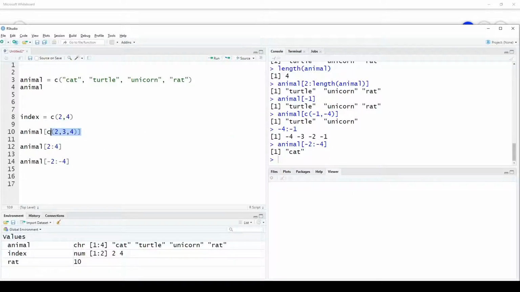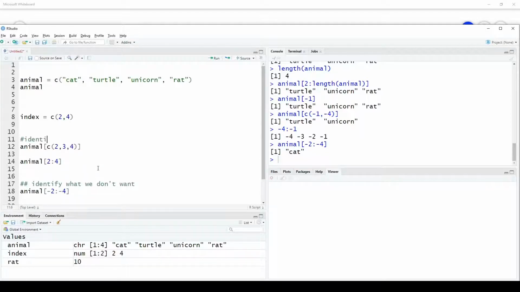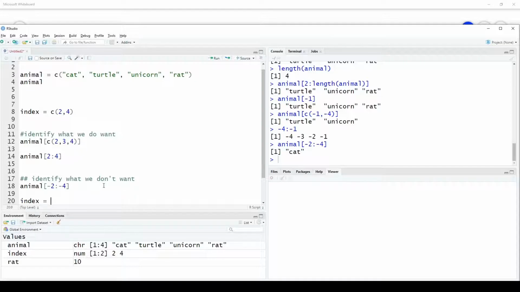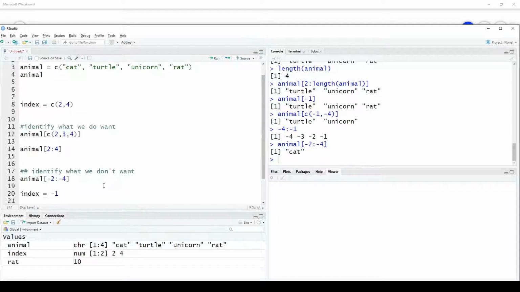So we can identify the numbers of the items that we want, and we can identify the numbers of the items that we don't want. So the third way, I should maybe label these. Identify what we don't want. Identify what we do want. For completeness, we can obviously also do something like index equals -1, animal index, and we should get items 2,